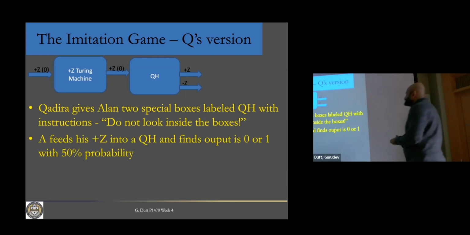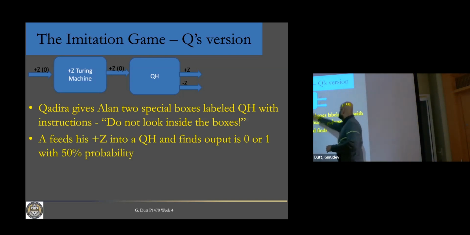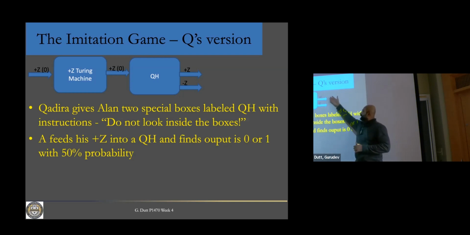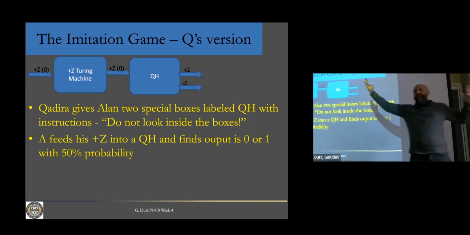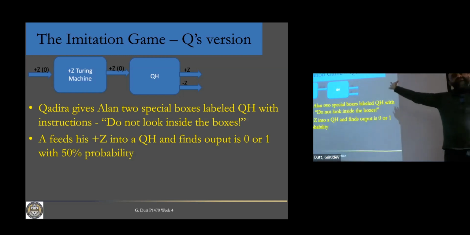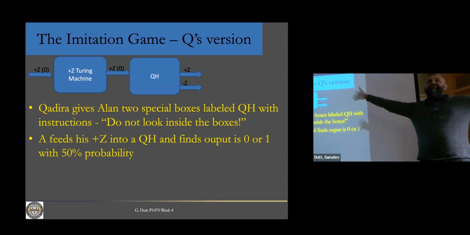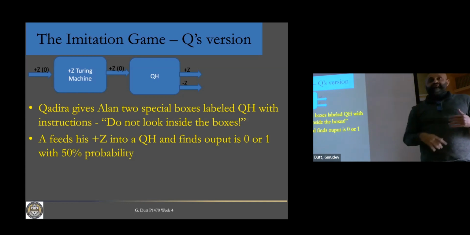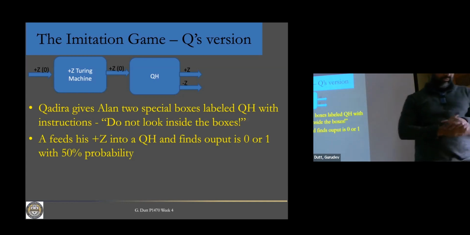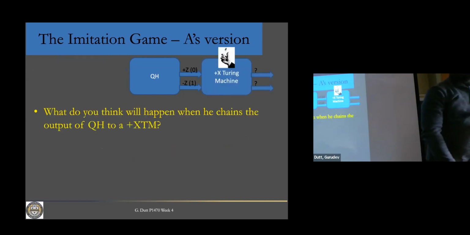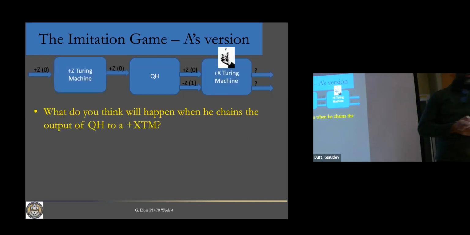Alan feeds plus Z into this QH, that is a zero state, and measures the output, and he gets half and half probability, 0 and 1. He's like, well, that's what my plus X Turing machine does. This must be just a plus X Turing machine sitting inside this QH box. What's so fancy about your QH? It's just another word for my plus X Turing machine. But now,